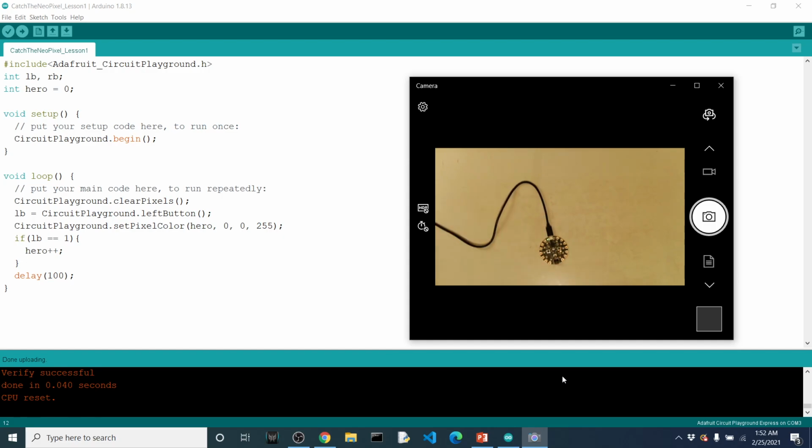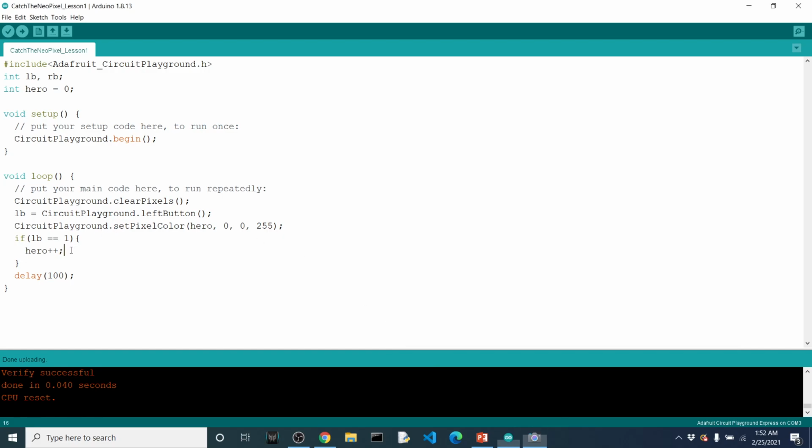The reason for that is that the hero's position is constantly increasing. So once it gets to 9, it's going to go to 10, 11, 12. Those are not appropriate values for our hero. So we need to add another if statement that now checks the hero's position, that if it's over 9,